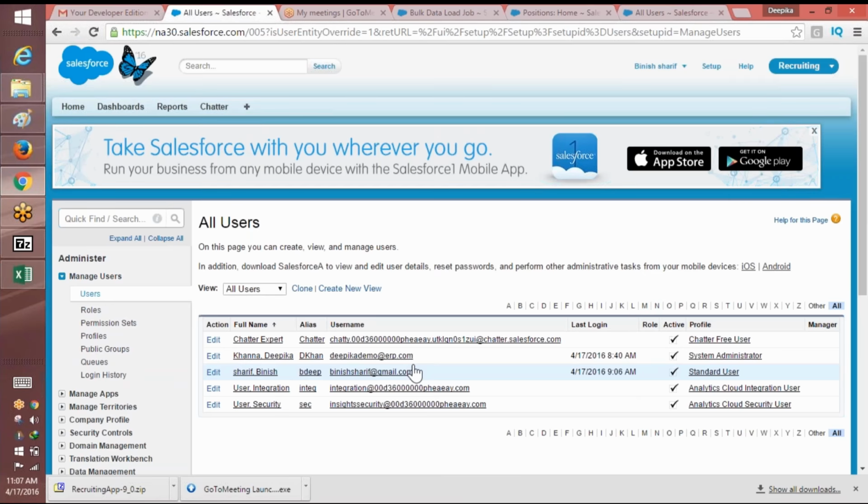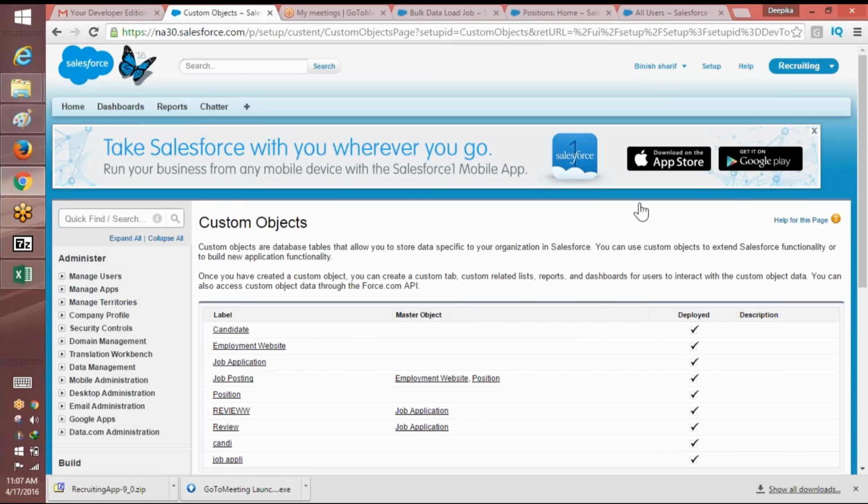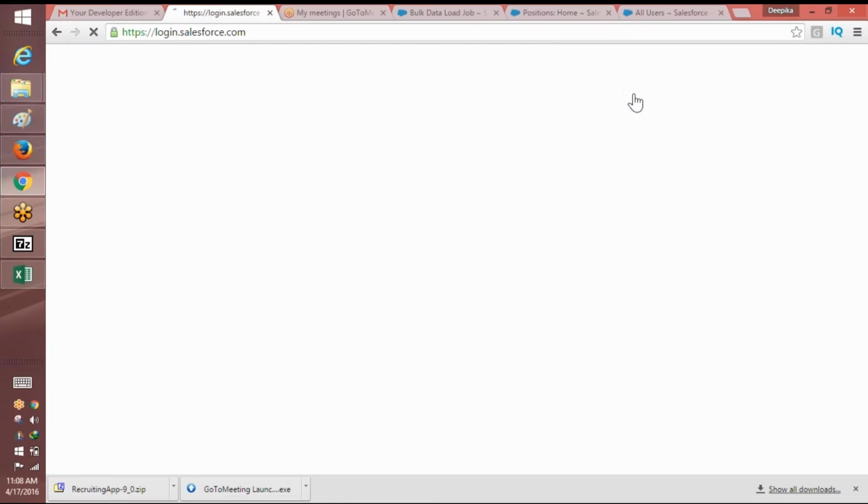Okay. The system admin was the person who was able to create, delete, etc., and because you're a standard user, you're not able to create anything. If I go to the object section and wanted to create new objects as a standard user, you're not able to do anything. Okay. So now what I'm going to do is show you why she got access to the recruiting application. I'll go ahead and log out and log in back again as